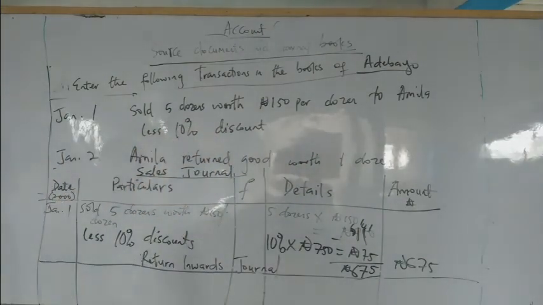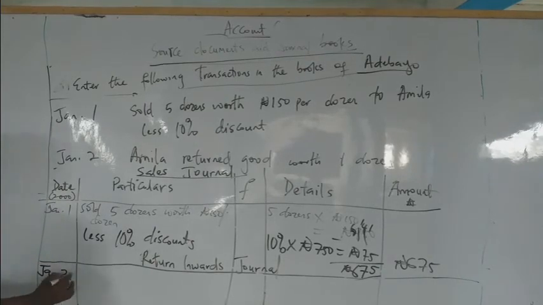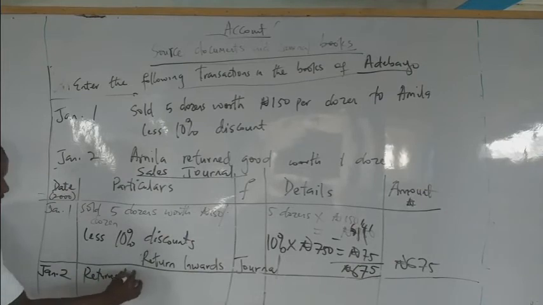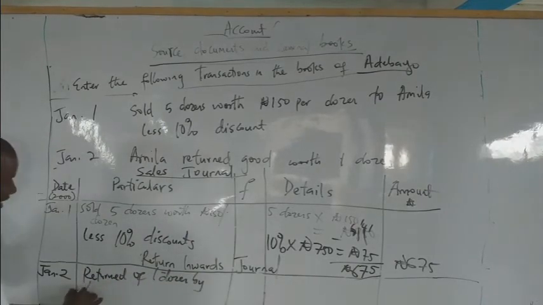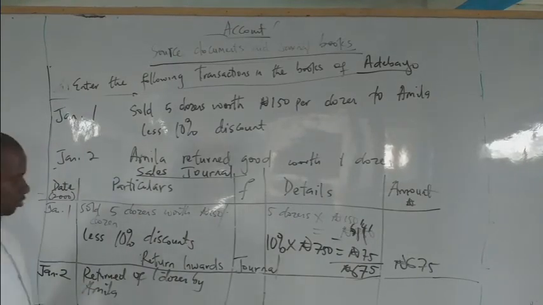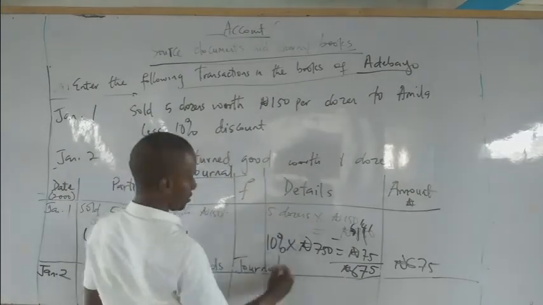Now, January 2nd, this same Amila returned goods worth 1 dozen. That means out of these 5 dozen, she returned 1 dozen. Now, how do you calculate that? We come under the date again, January 2nd, under the particulars, return of 1 dozen by who? Amila. And under the details will come 1 dozen